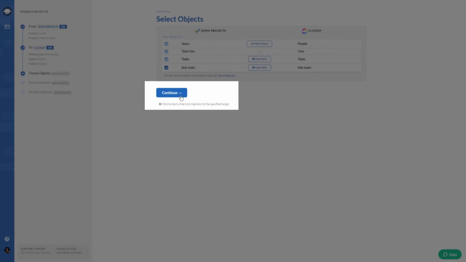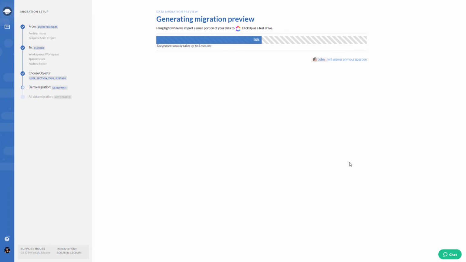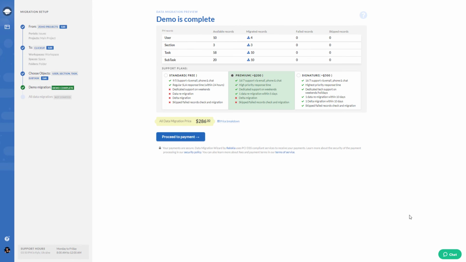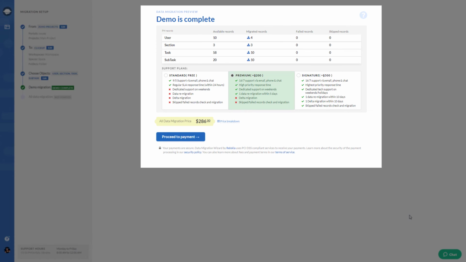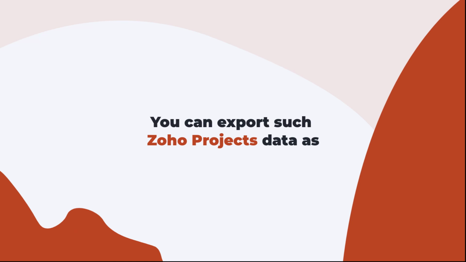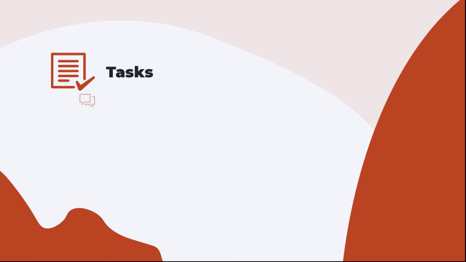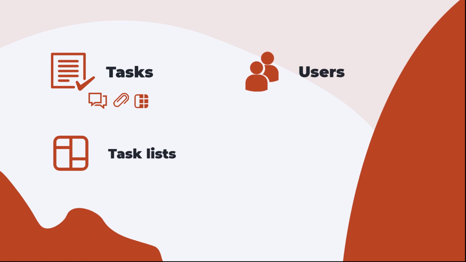Once the basic setup is done, run your demo migration to check if the data migrates correctly. When you're ready, hit that Final button and get all your data moving. Just like that, you can export such Zoho Projects data as tasks along with comments, attachments, custom fields, tags, task lists, users, and